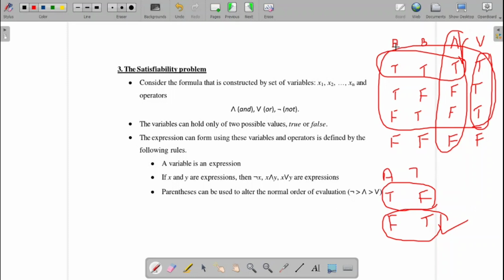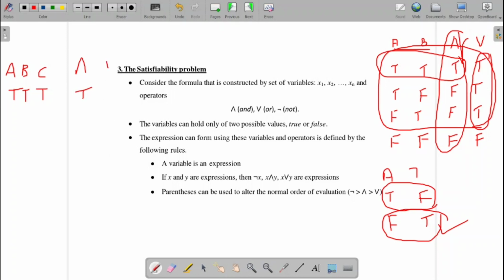So this we have demonstrated for two variables. If I extend it to the case of three variables, A, B, C, then for the AND operation, only when all are true is the result true.